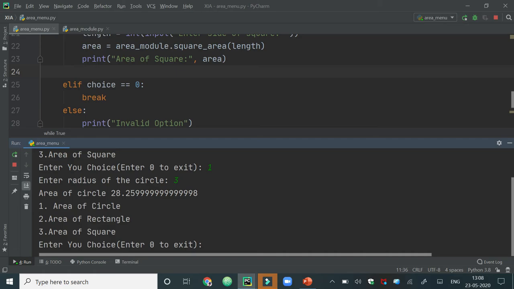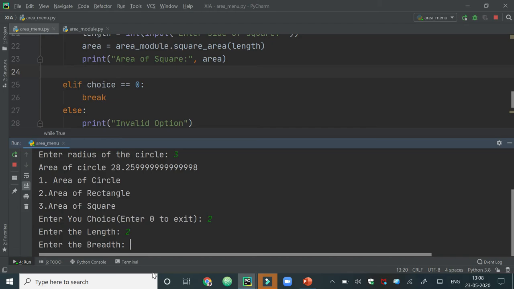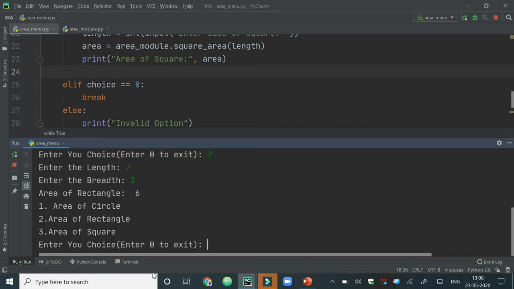If I enter 2, it will ask for the length and breadth, because the second choice is to calculate the area of a rectangle. After displaying the area of a rectangle, the loop executes again, displays the menu and asks for the choice to perform.